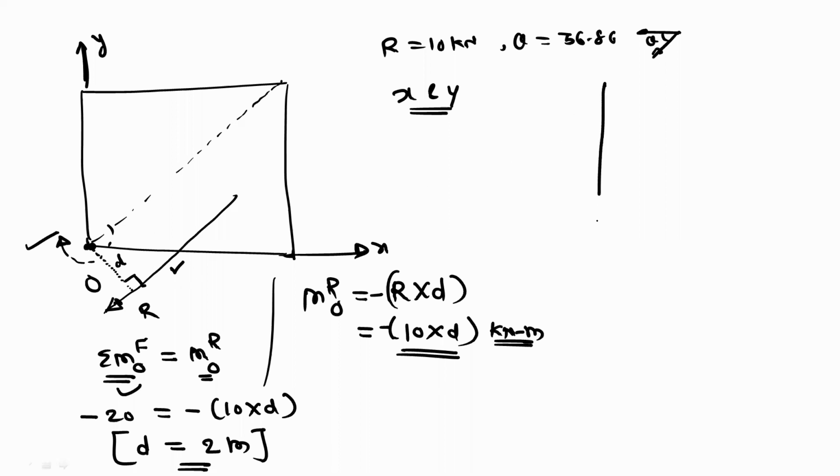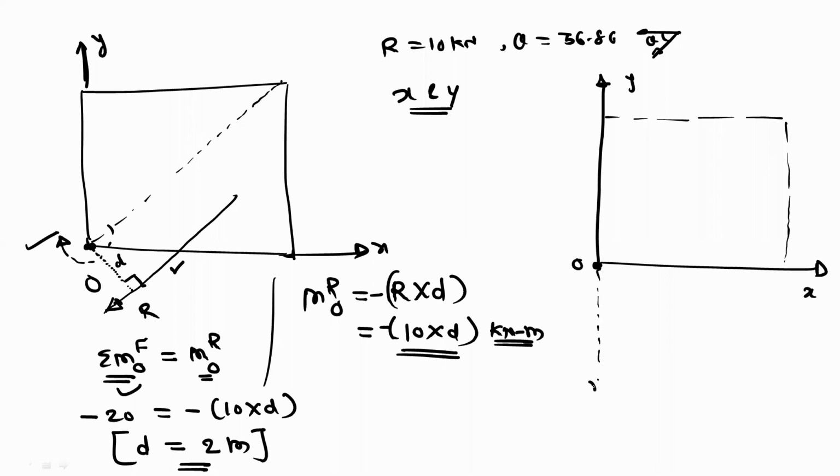So that means this is X axis, Y axis. This is the given rectangular object. Okay. This is the origin. This is the negative Y axis. So right now we know exactly the resultant direction. So this is the resultant direction. And this is angle theta, that is 36.86. We have this perpendicular distance D. Okay. So find out this distance. This is X and this is the Y intercept.